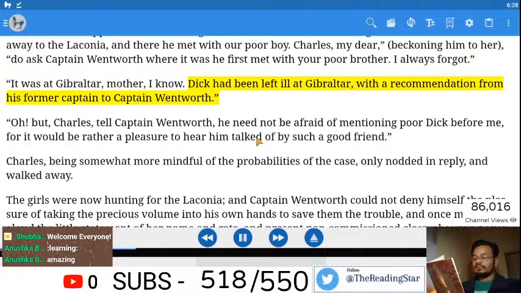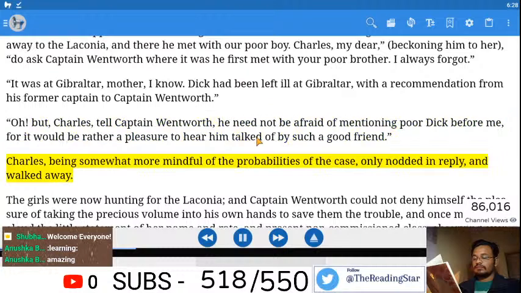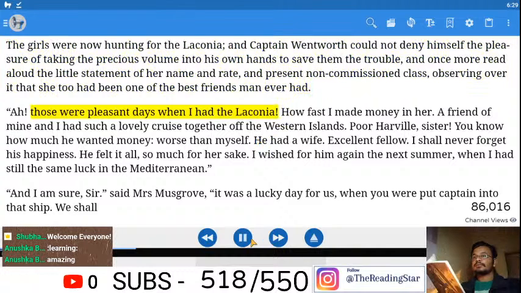Dick had been left ill at Gibraltar, with a recommendation from his former captain to Captain Wentworth. Oh. But, Charles, tell Captain Wentworth he need not be afraid of mentioning poor Dick before me, for it would be rather a pleasure to hear him talked of by such a good friend. Charles, being somewhat more mindful of the probabilities of the case, the girls were now hunting for the Laconia, and Captain Wentworth could not deny himself the pleasure of taking the precious volume into his own hands to save them the trouble, and once more read aloud the little statement of her name and rate, and present non-commissioned class, observing over it that she too had been one of the best friends man ever had. Ah, those were pleasant days when